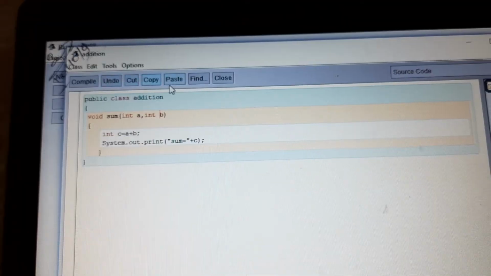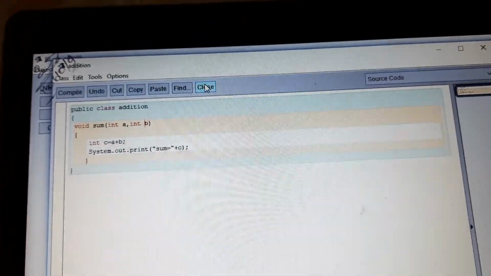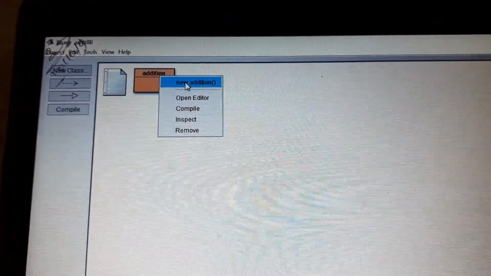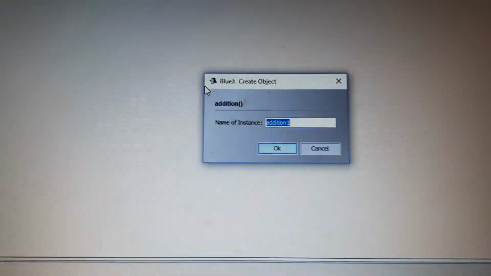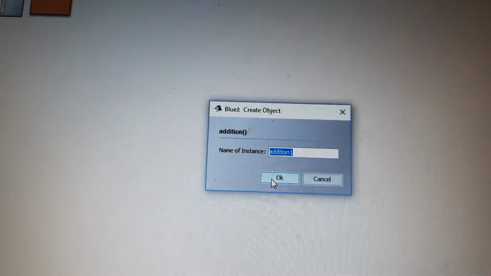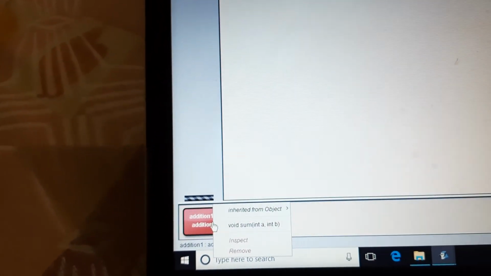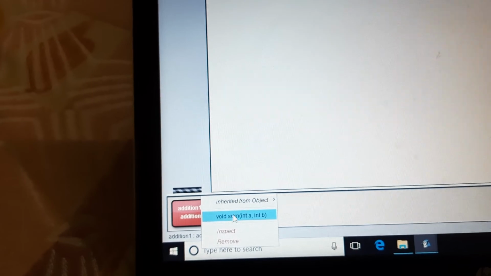After this, what we will do, we will close it. After closing it, we will click over here, means we want to run the program. Click on new. So this message will come. This is creating an object. After creating it, on the bottom you will get this one. Right click over here, then execute this function.